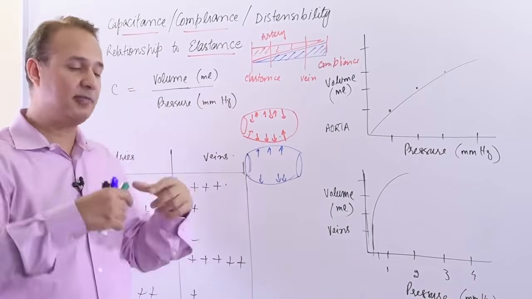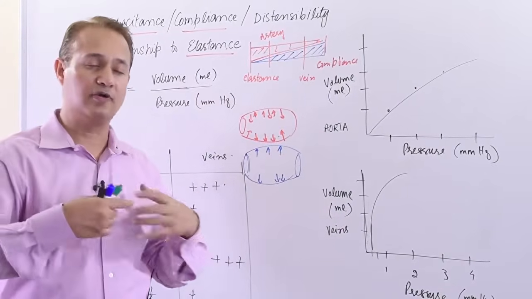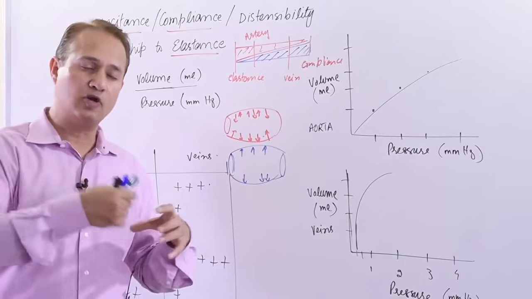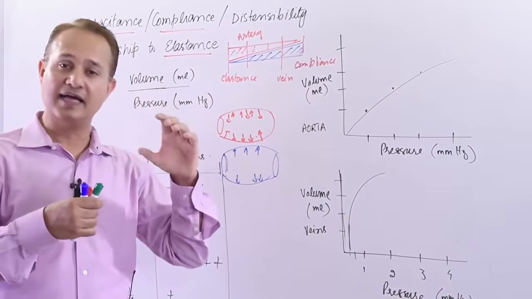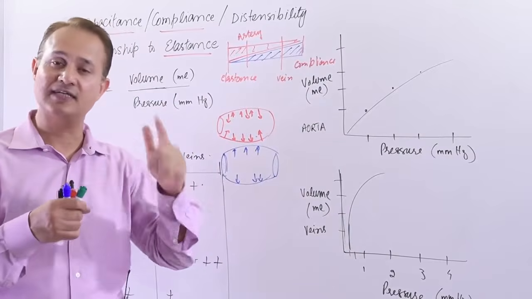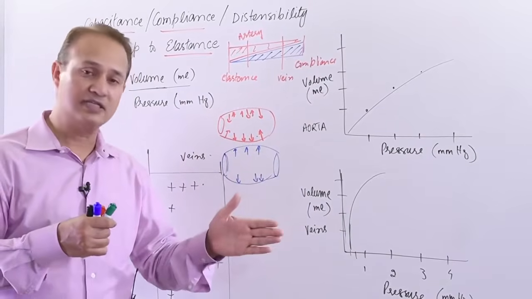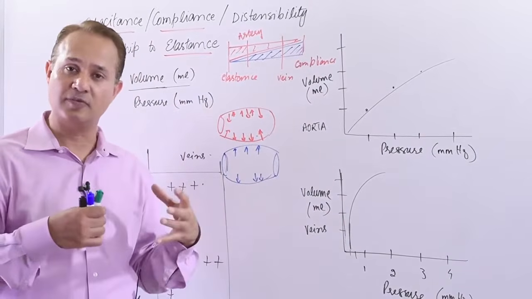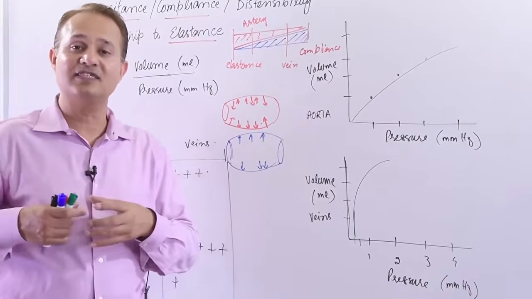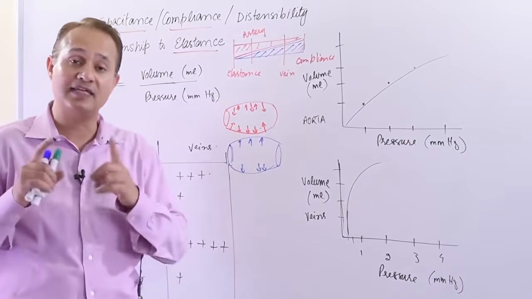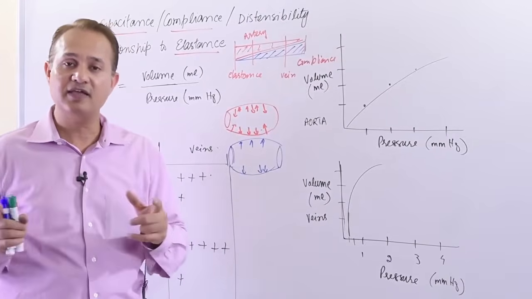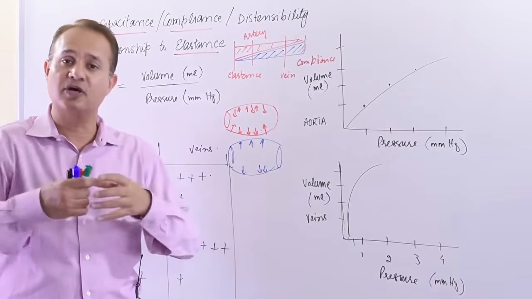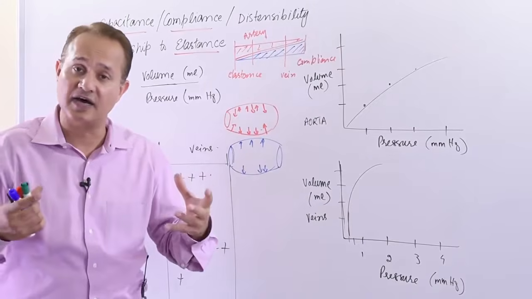On the other hand, think about arteries. You add more blood to it. Heart does that all the time. Add more blood to it, the artery expands, then it wants to come back through the elastance, and that causes pressure in the arteries. That is why blood volume present in the arterial system is called stressed volume, and the blood volume present in the venous system is called unstressed volume, and that is why veins are a reservoir. Why are they a reservoir? Because they are distensible, because their capacitance is high.